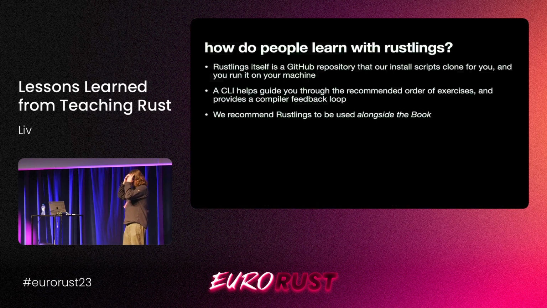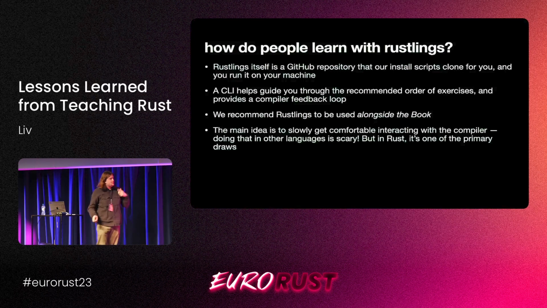And specifically with this compiler feedback loop, I think Rustlings really fills a gap there. This is what I just said, yes. I really want to put emphasis on the whole compiler feedback thing, which is very Rust-ish: in other languages you wouldn't even dream of orienting your coding along what the compiler tells you. So that's a point that's specific to Rust, and it needs to be taught at some point.